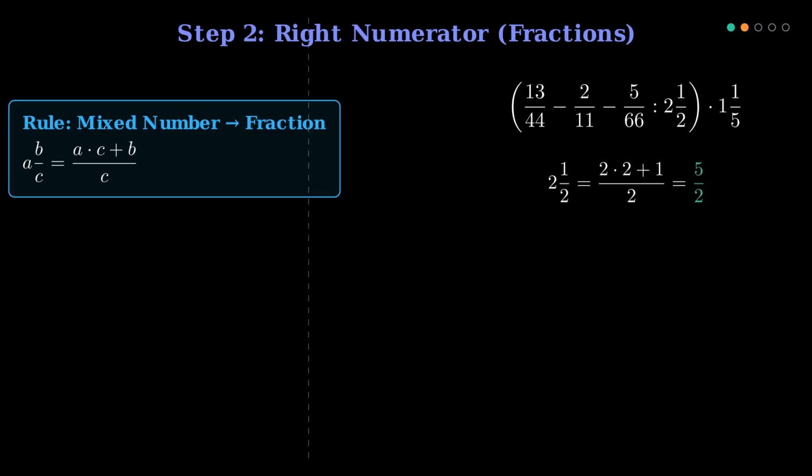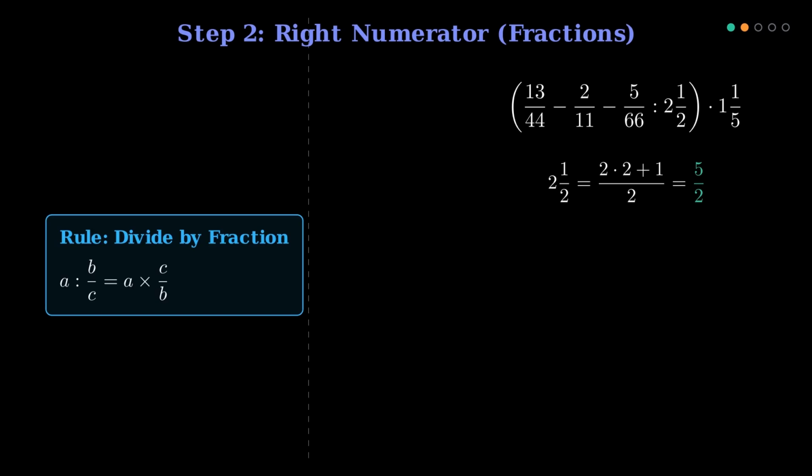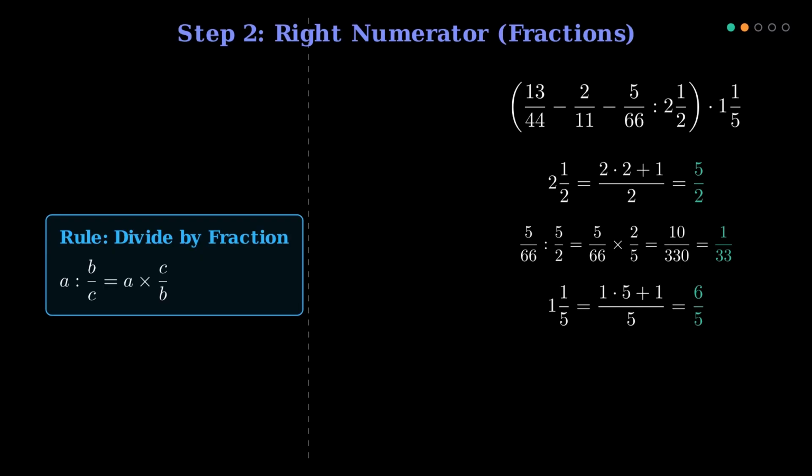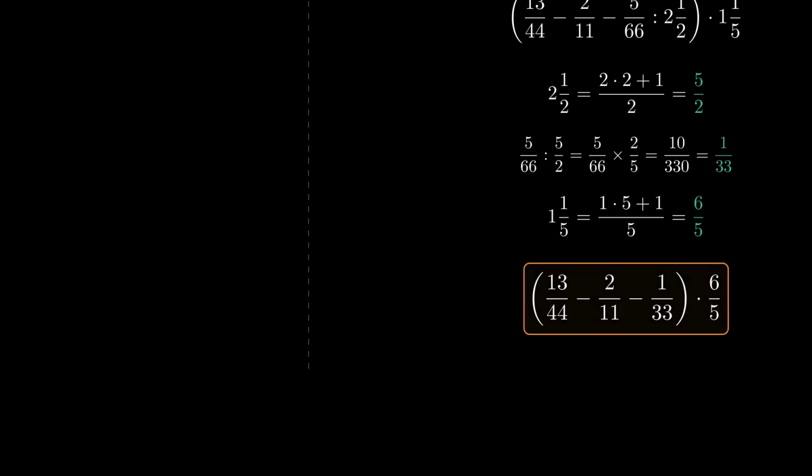First, convert the mixed number. 2.5 equals 5 halves. Now dividing by a fraction means multiplying by its reciprocal. So 5 over 66 times 2/5. The 5's cancel. We get 2 over 66, which simplifies to 1 over 33. And 1 1/5? Same rule. 1 times 5 plus 1 over 5. That's 6/5. So now our expression becomes 13 over 44 minus 2 over 11 minus 1 over 33, all times